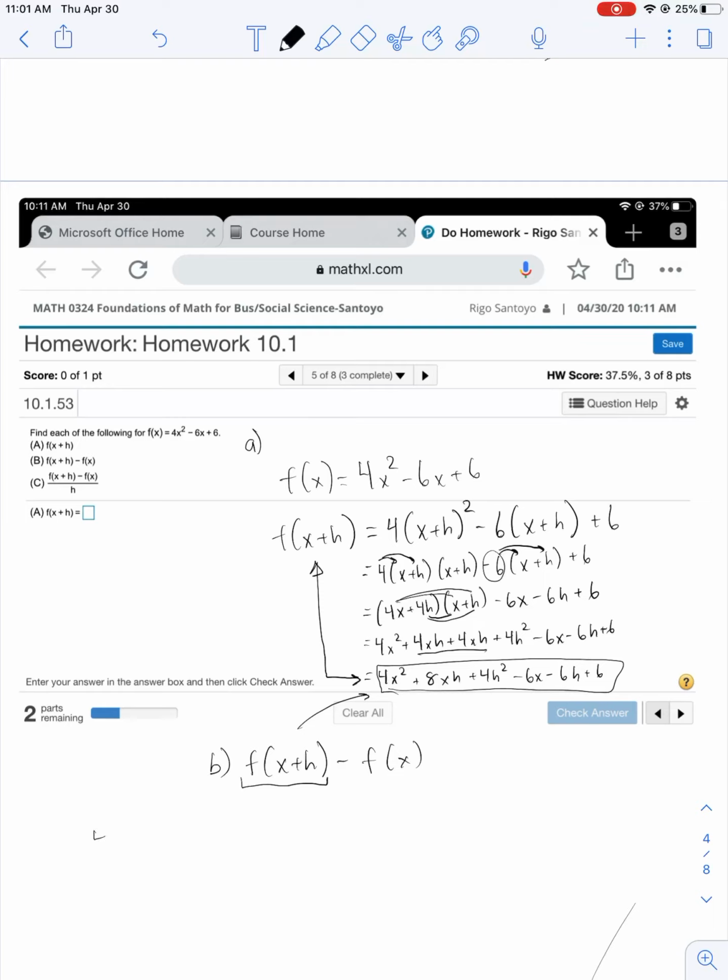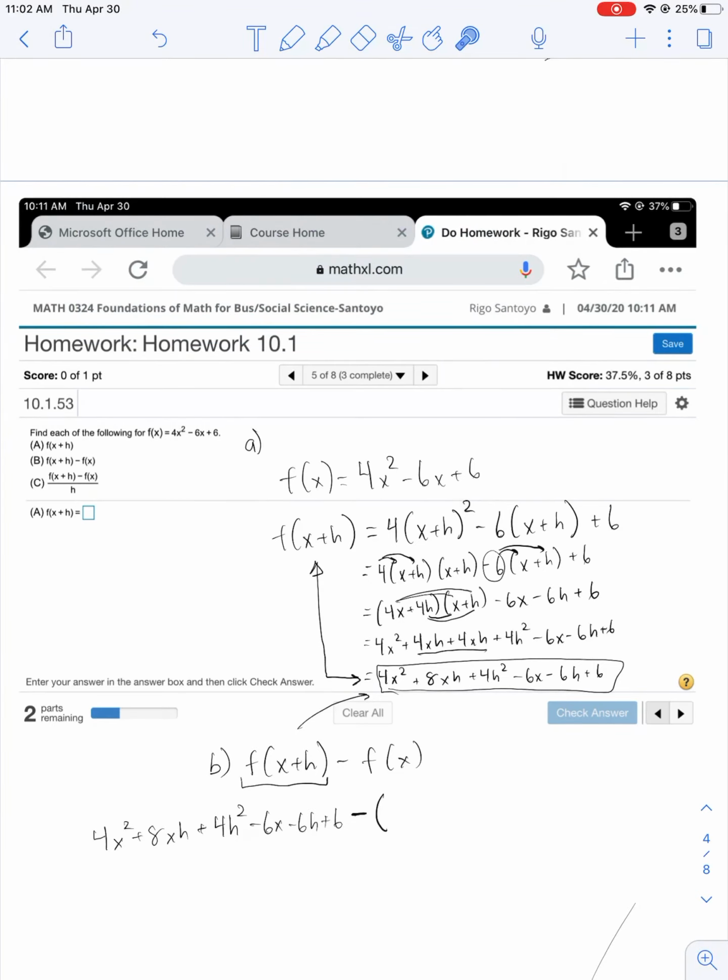So I'm going to need some room. So I got 4x squared plus 8xh plus 4h squared minus 6x minus 6h plus 6 minus, open parentheses,